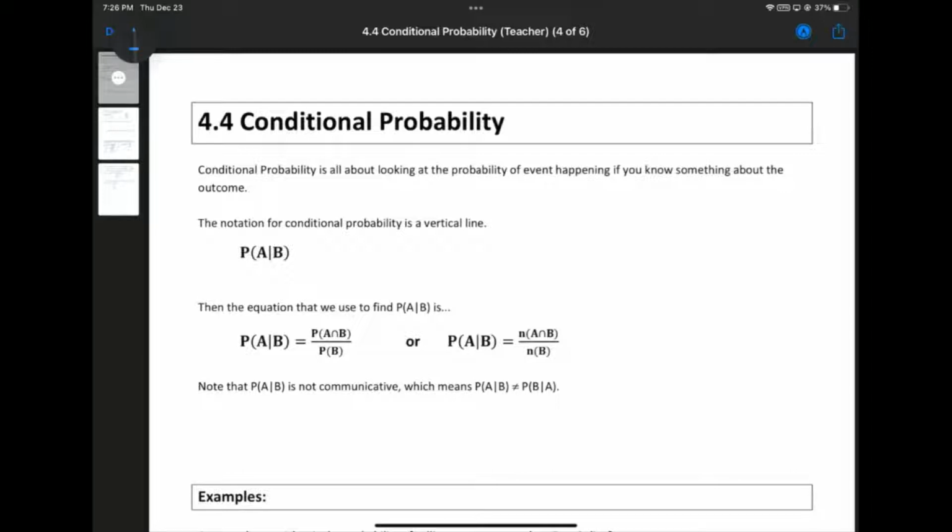Now, here's a little interesting thing. Let's say that you actually notice the reflection of the card just a little bit off of my glasses. You can't quite make out what the card is, but you've narrowed it down. You're positive it is a face card. If you know it's a face card, that does change the probability that it's a king, because it's either a jack, a queen, or a king, and now knowing that it's a face card can limit your probability to a 1 in 3 chance of being a king. So there's an example of where knowing a little bit of information about what's happened can let you change the probability of something else happening.